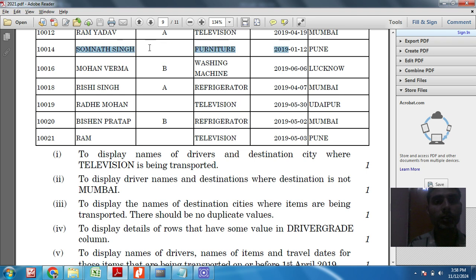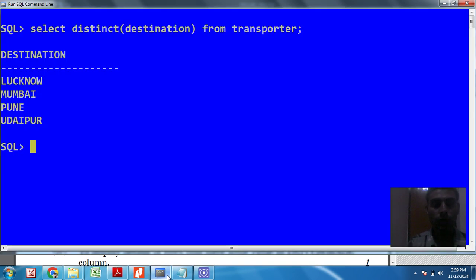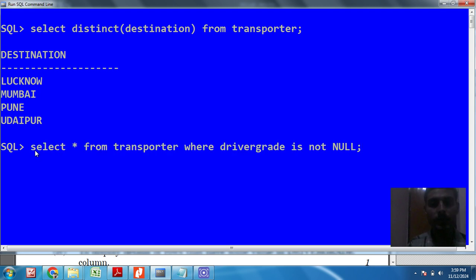Without null values we have to display all the details, not including null values in the driver grade column. For that we can write the query: select star from transporter where driver grade is not null.